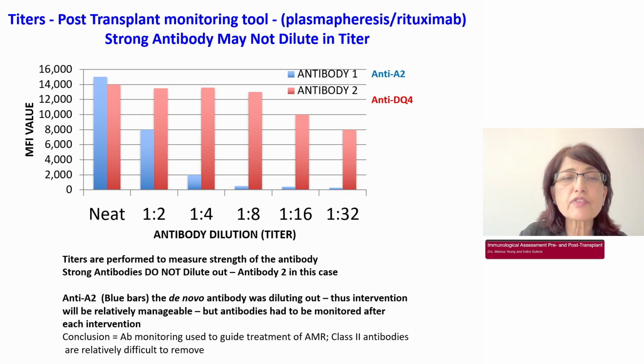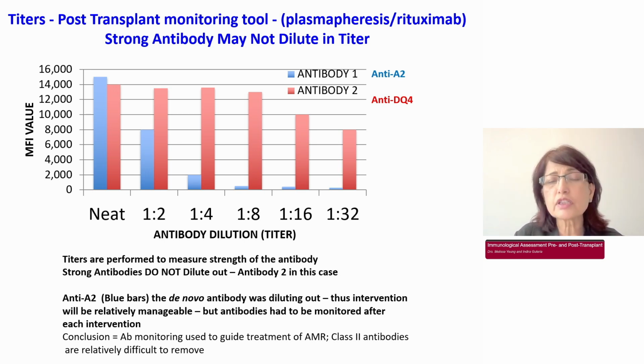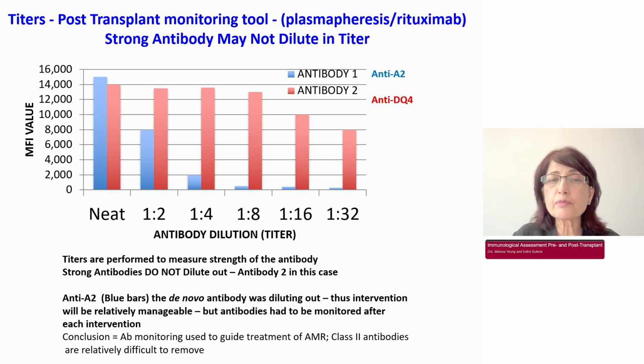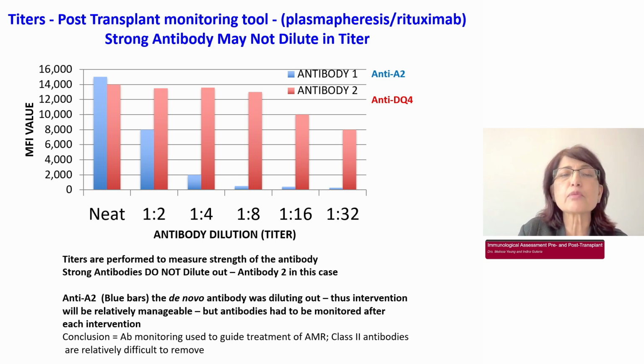Two antibodies could start with the same mean fluorescence intensity, right? So at face value, you may think they're both very similar. However, one antibody, the blue one, for example, dilutes out, and the red one doesn't dilute out. That suggests the red one is a stronger antibody. In the context of a therapeutic intervention, we would think that the blue antibody is easier to clear with plasmapheresis or rituximab or whatever post-transplant therapeutic scenario you would have. So the titers, I just would like to show that,